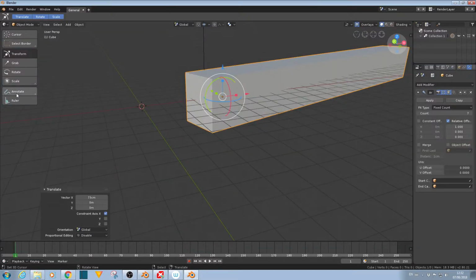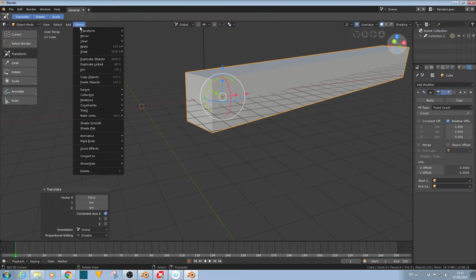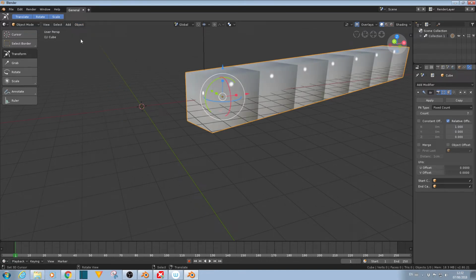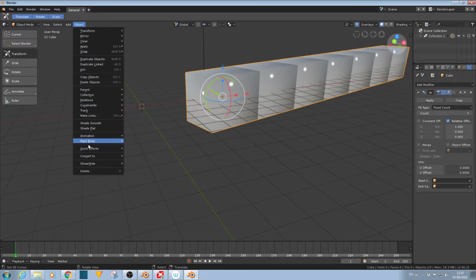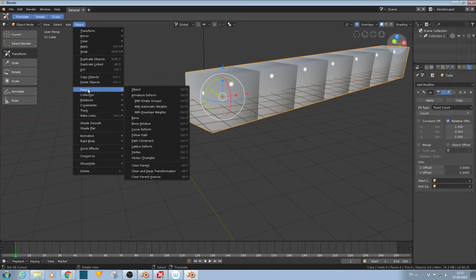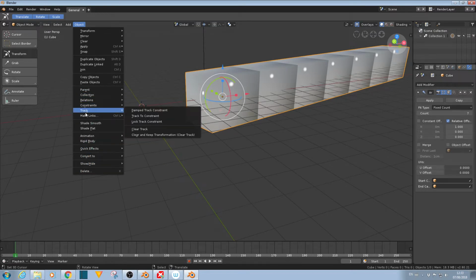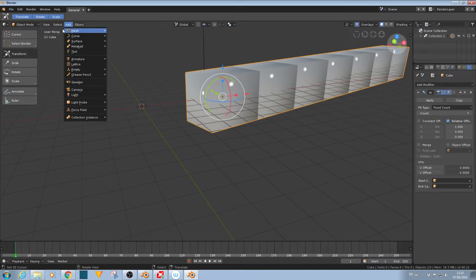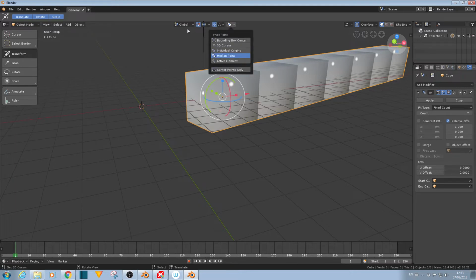So we hit into 2.8 and all the things in the side panel have been moved in here. So now our shade smooth is in the panel, quick effects are still there, lots of things are still there. We can add our mesh from here, select options, view options, and the main tools we use, snapping, proportional editing, and our pivot points has been moved central,